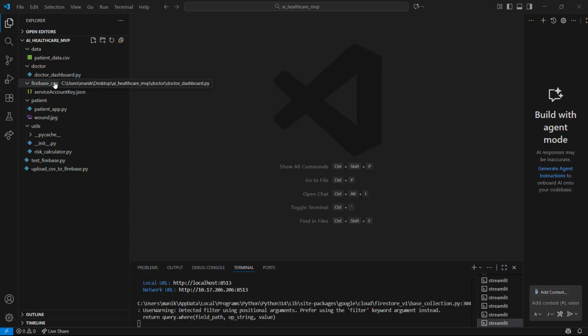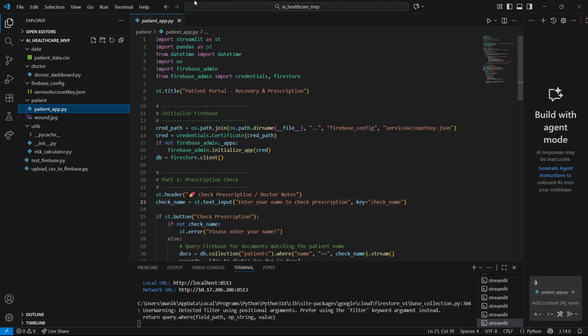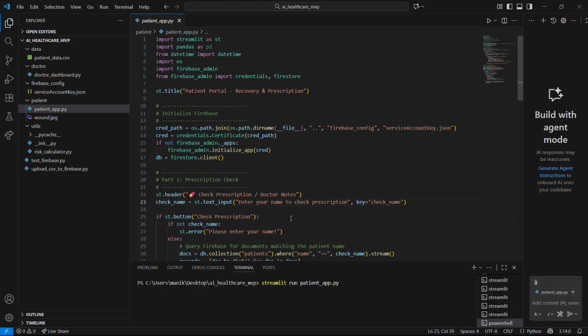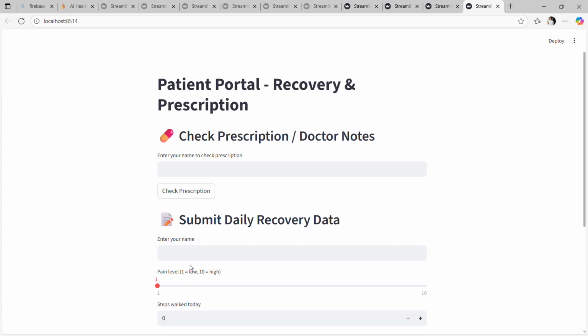First, let's go towards the patient side. This is the patient interface. Here it opens the patient interface. Here we will submit a name,